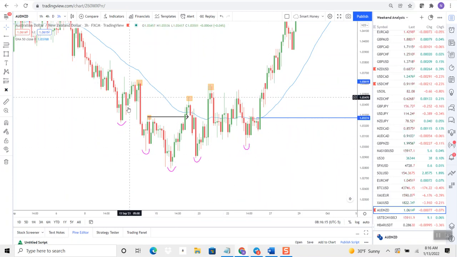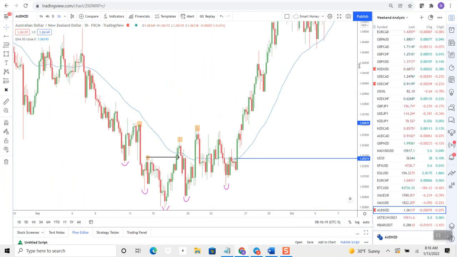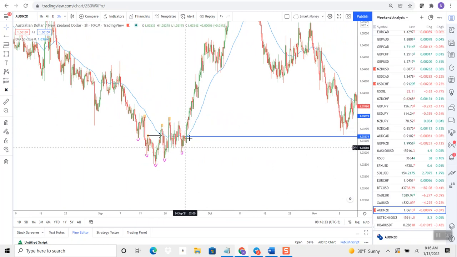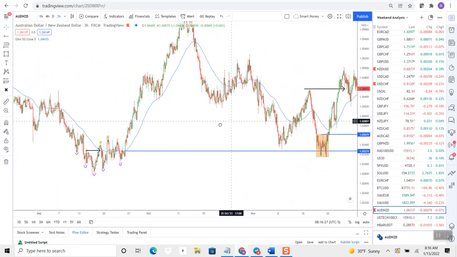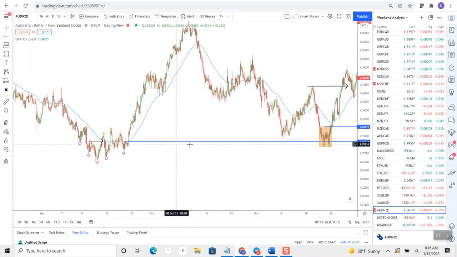So identifying accumulation here and the expansionary move that followed, we can then move our eyes back down to this accumulation zone to look for buys. Okay, now we have our counter trend move here. Lower low, lower high, lower low, lower high. Why did I pinpoint this exact level,